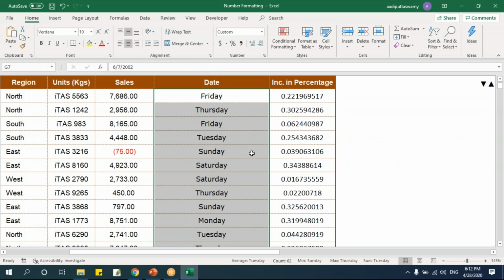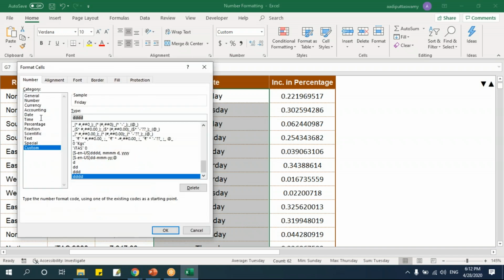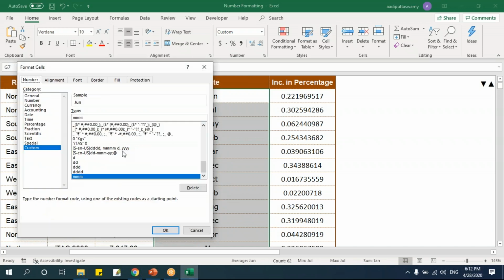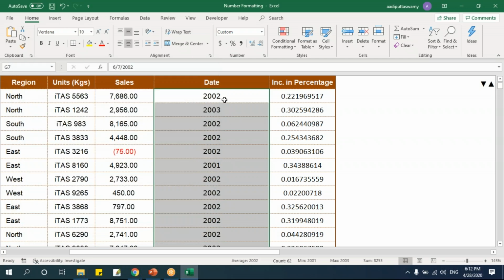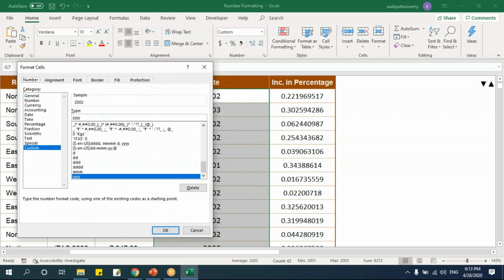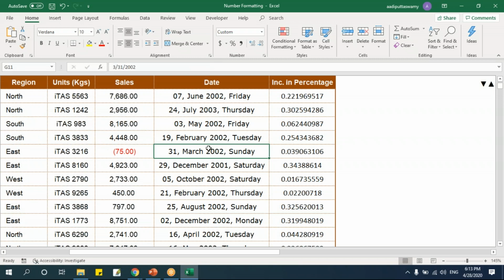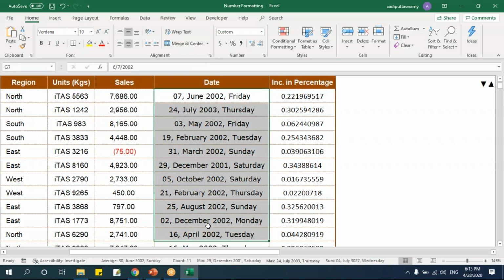So you have a date, and if you want to convert that into only weekday format, you can just use this DDD. I want only month, then I can change this to month. M is for single digit month, double digit month, and say 3 characters of a month. Say okay. See, year, I can use 2 Y's or 4 Y's to get only the year. I can as well combine, say DD, comma, MMM, full month, year. Then I want day as well, like this. You can give in any format you want, but that should be a date value.